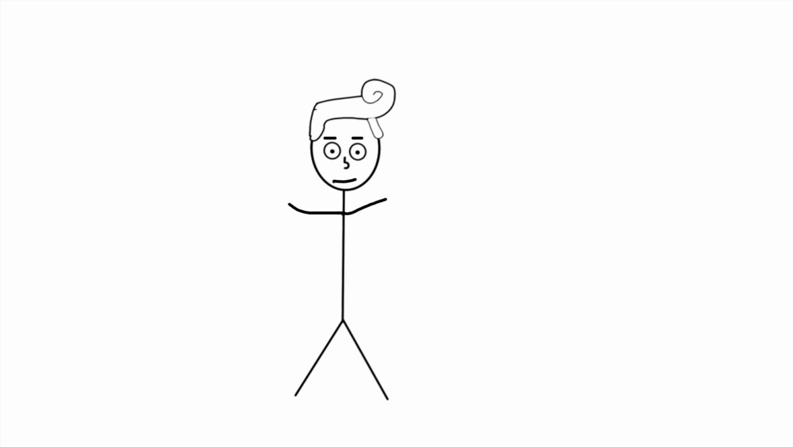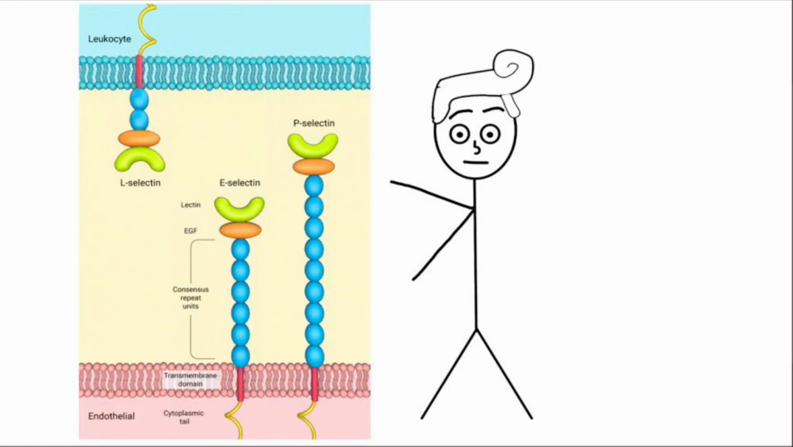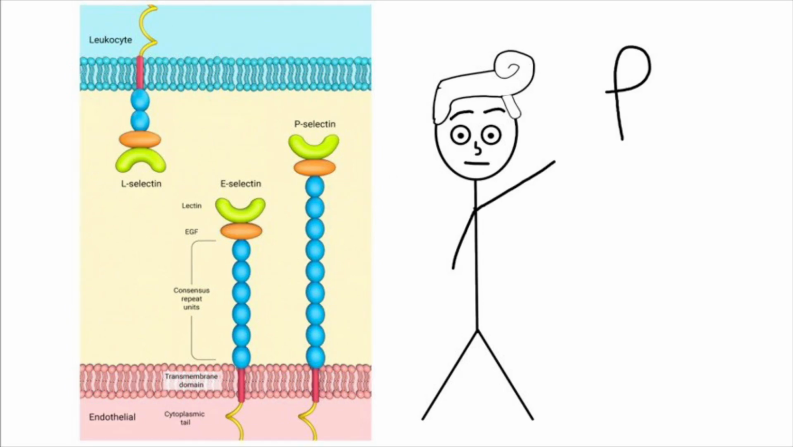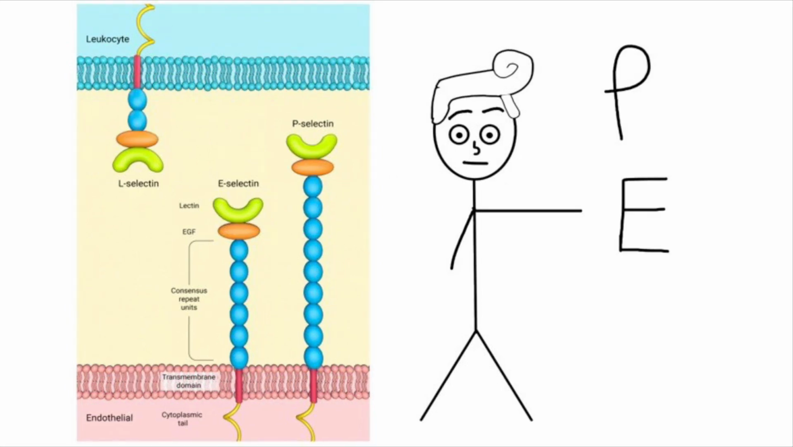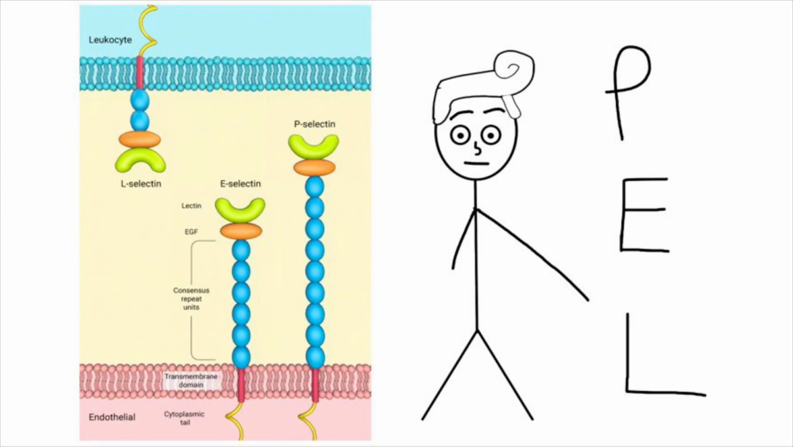The first type of CAM is the selectin. There are three main groups of selectins: P-selectins on platelets and activated endothelial cells, E-selectins on activated endothelial cells, and L-selectins on leukocytes. These guys are single-pass transmembrane proteins with fancy modular structures that include a nifty EGF motif, homology to complement regulatory proteins,